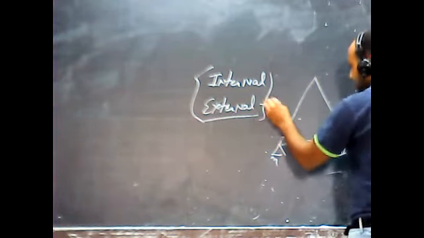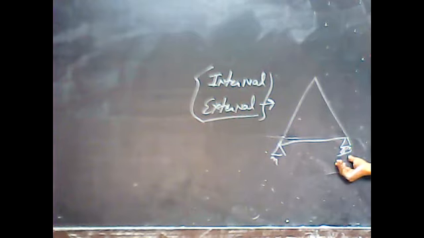So how do we calculate its value? If you go to the external stability or external indeterminacy of the structure, it belongs to the support system. Whatever supports our structure has, external indeterminacy is considered in relation to the supports only. Internally, it will consider the members as well as the joints. So external stability belongs only to the support system.